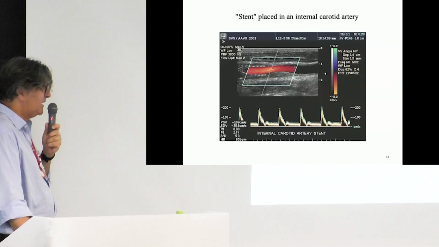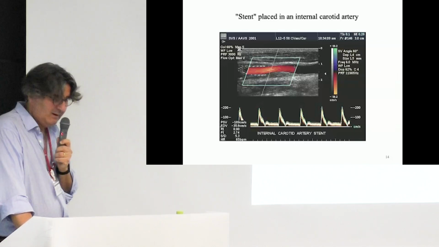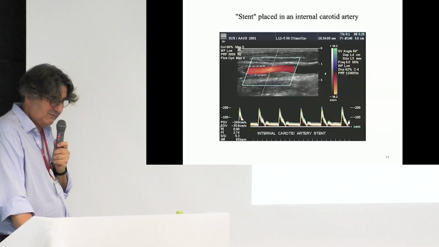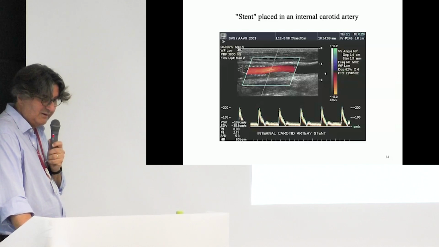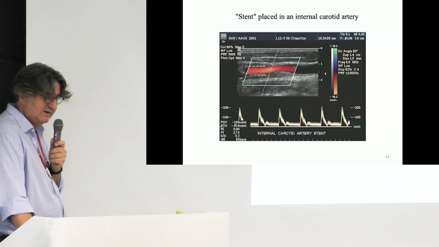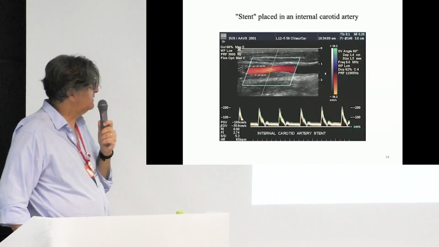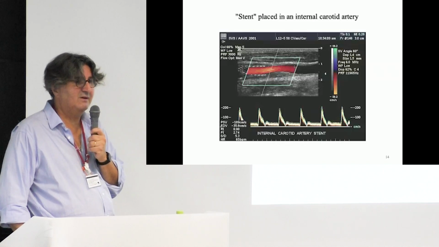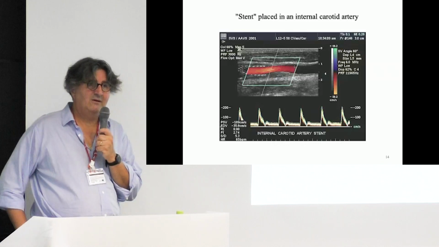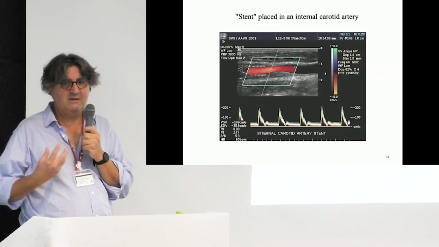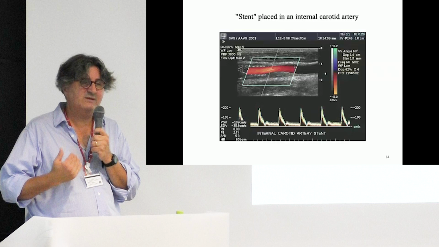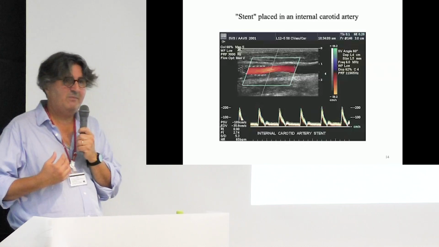Another example of combining Doppler images with conventional images is, for instance, the case of a stent placed in the internal carotid artery. So there is a pathology that exists very often in Occidental countries. This is the fact that you are developing what we call cholesterol,